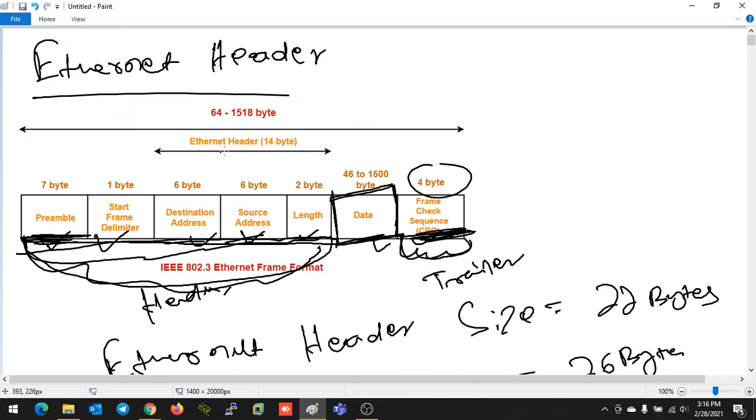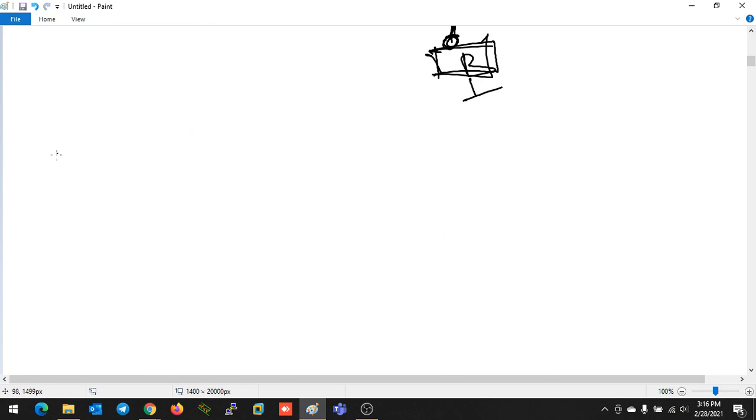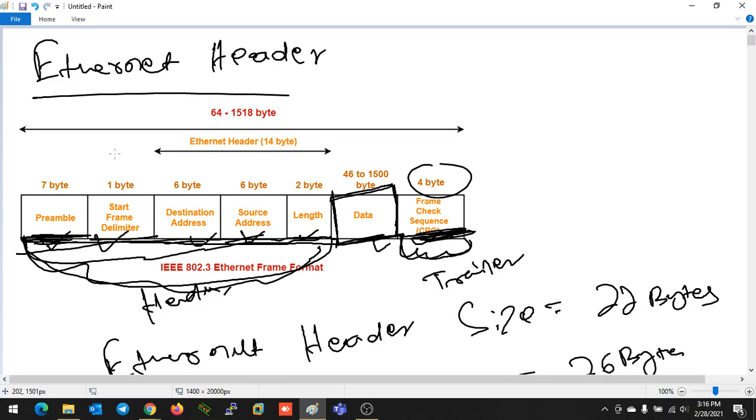Then the next field, we are getting 1 byte of information or 8 bits. This is the start frame delimiter, or you can call it SFD. So what is the work of SFD right now? See, whenever my device is going to send or receive any data, the Ethernet header, everything till length, everything you are going to mention here, all will be in bits only. So the first 7 bytes or 56 bits of information my device is getting, what information are these?